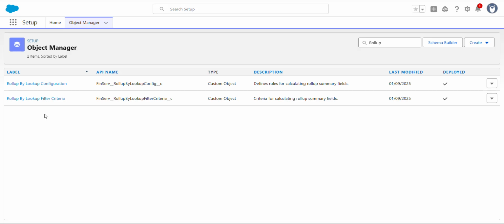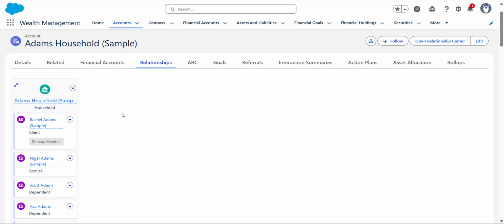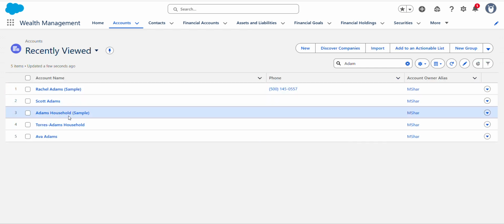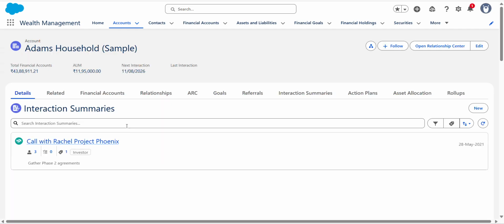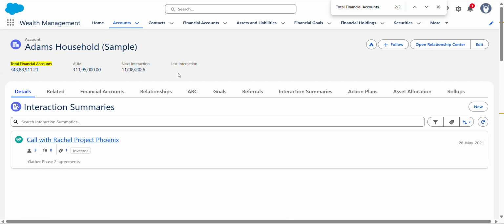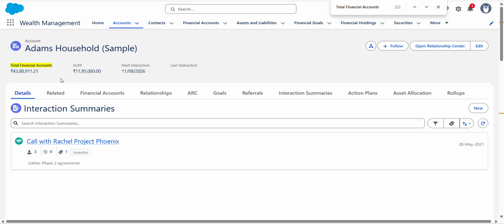So let's have a look at the roll-up summaries and how they are useful for us. Go to the Accounts tab and open the Adams household sample record. If you note the total financial account here, this is 43 lakhs.